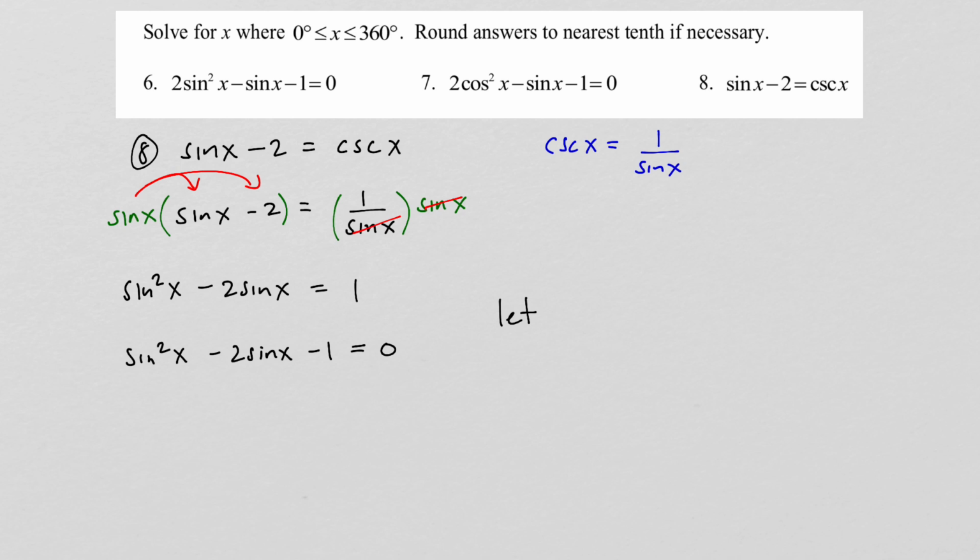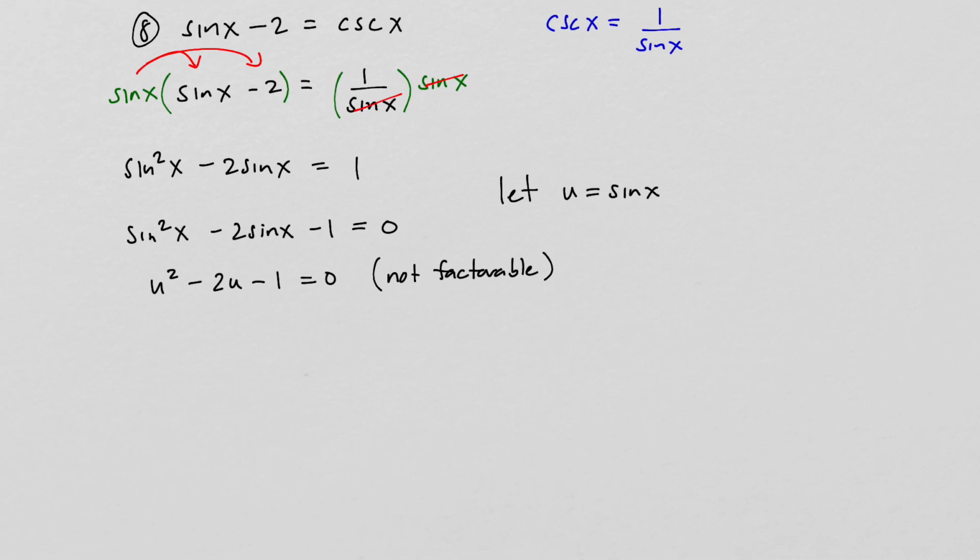So once again, I'm going to let u equal sine of x. This is going to be u squared minus 2u minus 1 is equal to 0. And I will point out right away that this is not factorable. So we are not going to be able to solve this the same way that we solved the last 2 problems. Instead, what I need to do here is apply the quadratic formula. So the quadratic formula tells us that u is going to be -(-2) plus or minus the square root of -2 squared minus 4 times 1 times -1, all divided by 2 times